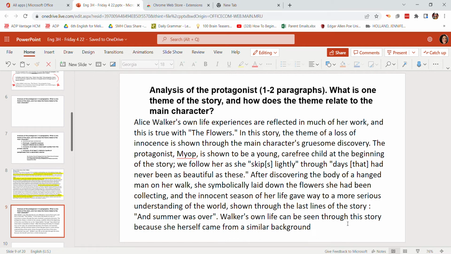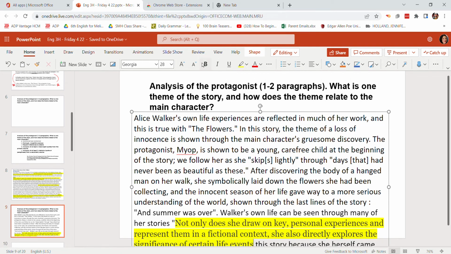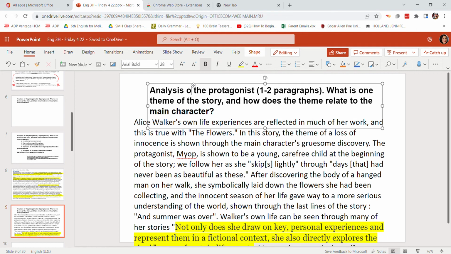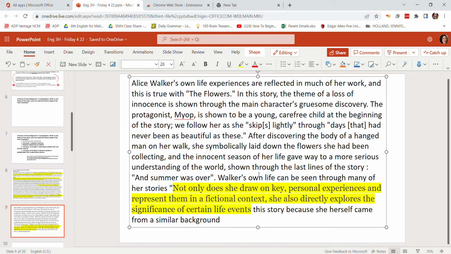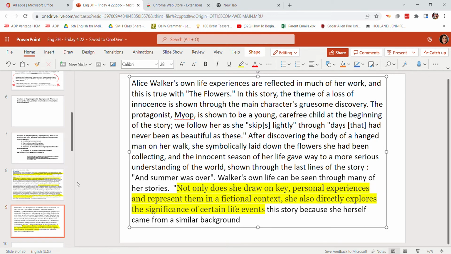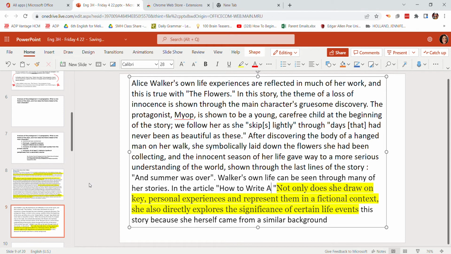We'll say through many of her stories, and I'm going to put my quote in. Let's get rid of this so that we have more space. I might even cite that article and just say, in the article, How to Write About